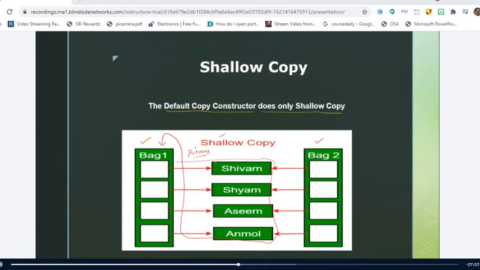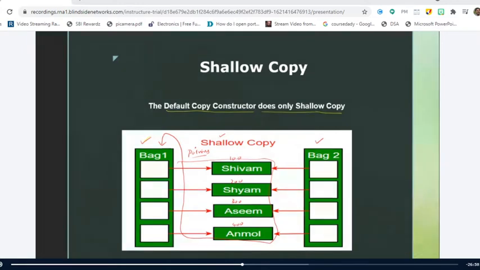Assume that Shivam is at 100 location, Shyam is at 200, Asim is at 300 and Anmol is at 400. Initially Shivam is at 100. After the copy constructor is invoked and the values of Shivam are copied into bag2, they are still occupying the same location. That means both bag1 and bag2 are pointing to the same location, right?